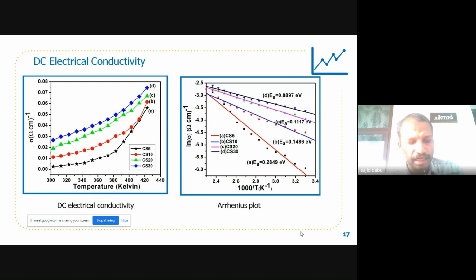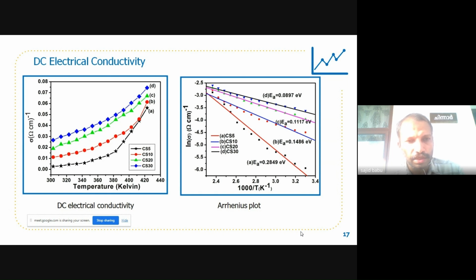And DC electrical conductivity. DC electrical conductivity was also recorded for the films. Conductivity increases with the increase in the temperature, which confirms the semiconducting nature of the present films. At room temperature, the conductivity values are